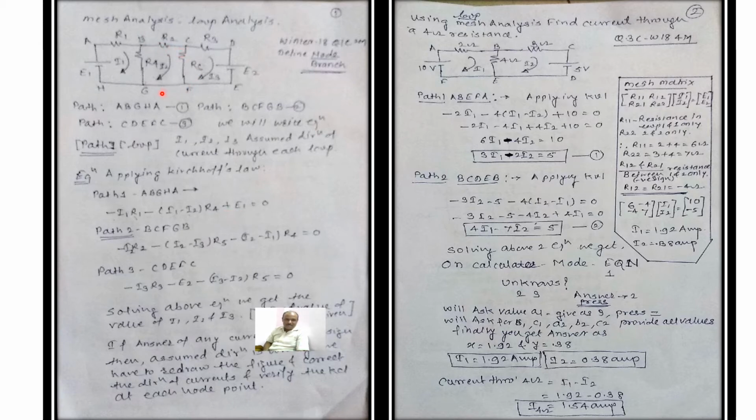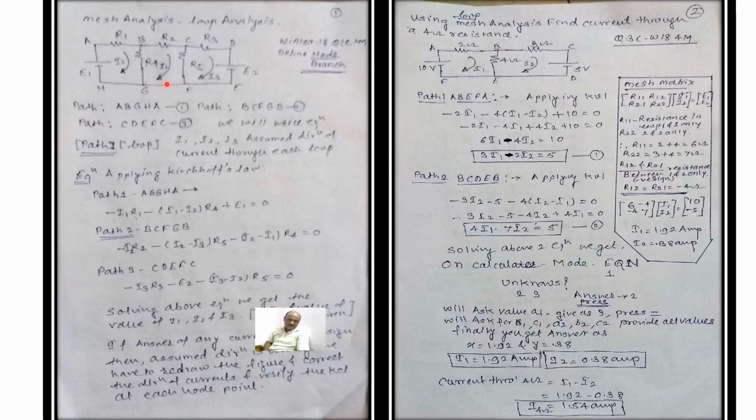Now here we will travel. Here minus I2 R2. The first product is minus I2 R2. Then again two currents are there, I2 and I3. But since we are in loop 2, we give preference to I2. So we will write I2 minus I3. So first of all minus I2 R2, minus into bracket I2 minus I3 into R5, and here again nothing is there, so R is 0.